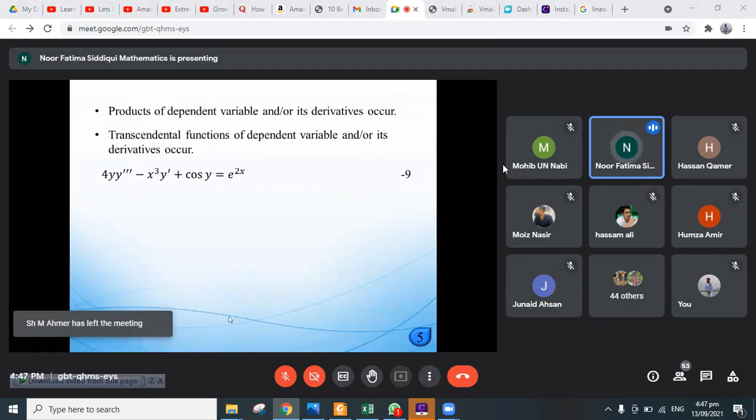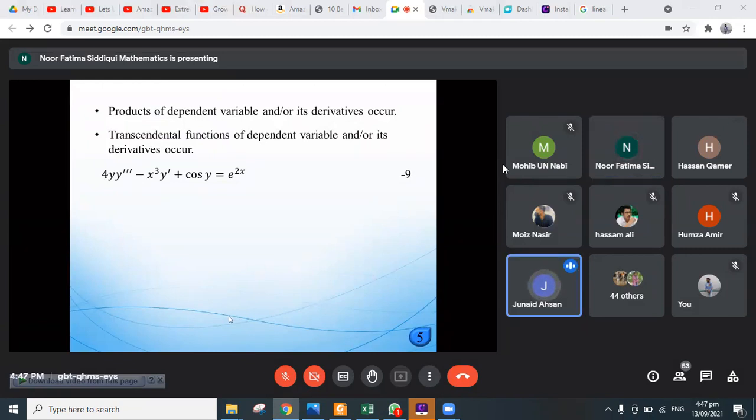It is a differential equation. It is an ODE. Three primes are representing a third order derivative. So equation number 9 is a third order ODE. Now the question is, is this linear or non-linear? Non-linear. Why non-linear? Reason? It is containing the product of